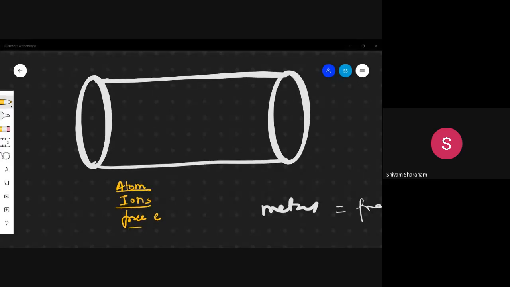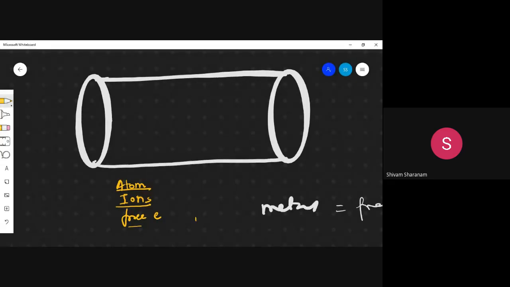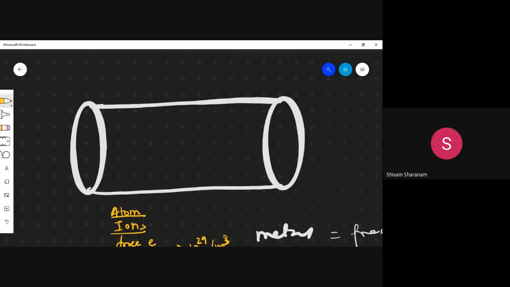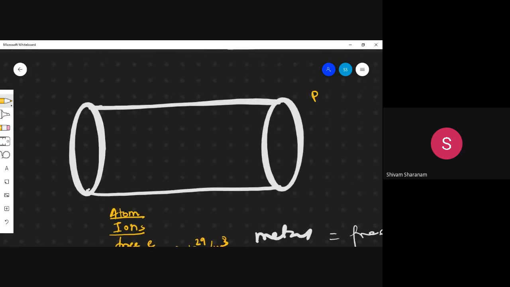तो कितने इलेक्ट्रॉन होते हैं एक्चुअली फ्री? So normally when we talk about, there are 10 to the power 23 free electrons per meter cube. How many free electrons are there in the metal? 10 to the power 29, not 23, 10 to the power 29 electrons are there free to move inside. Okay. And no electric field, nothing we have applied, only at room temperature we are talking.